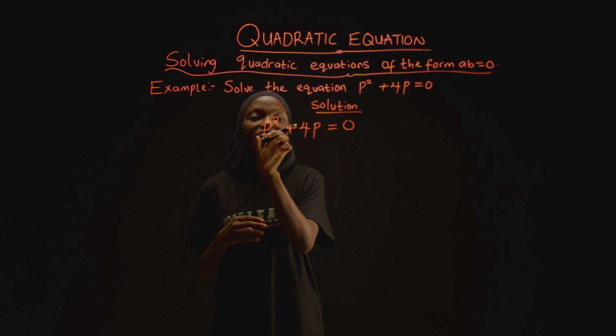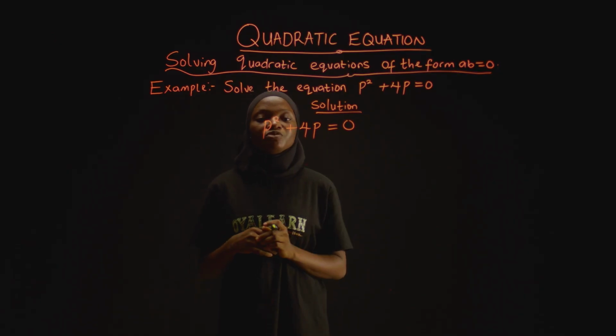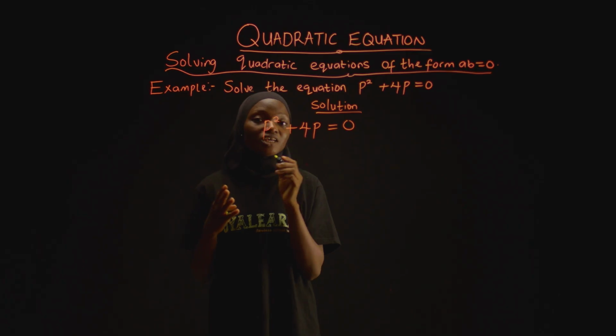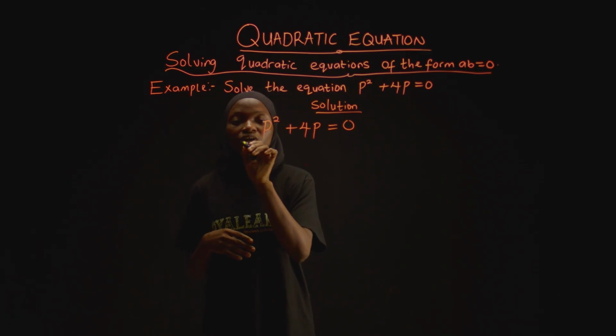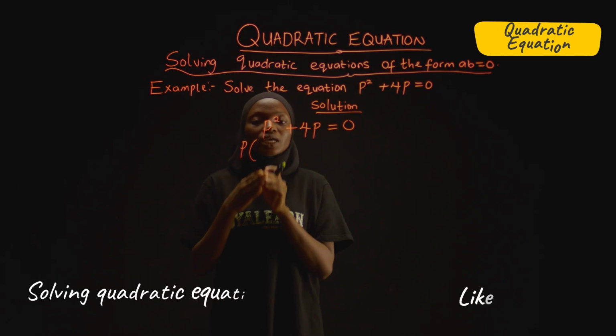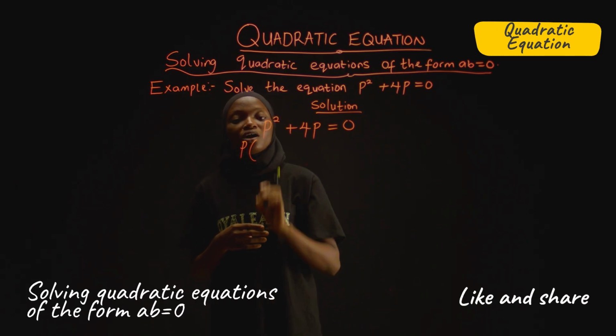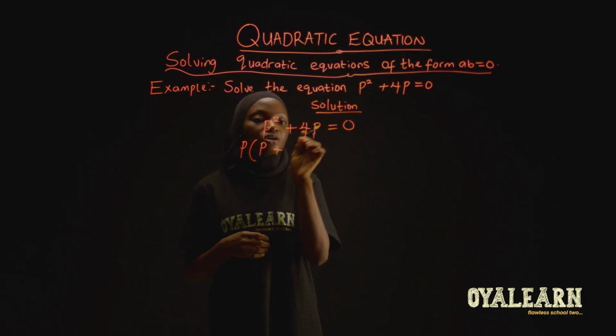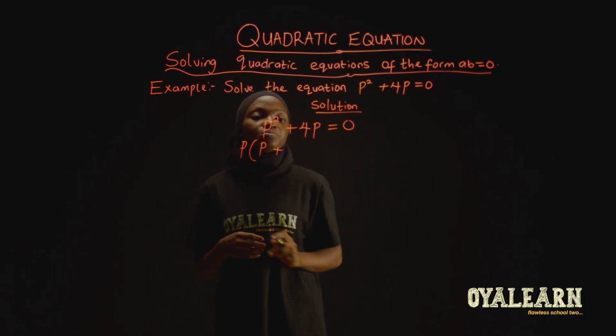So here we can have p from here. We can also have p from here. I think that's the only factor we can bring out, which gives us the HCF of the two expressions. So we have p into, now to know what's next to write, we say p raised to the power of 2 divided by this p will be left with just p, plus 4p divided by this p will be left with 4